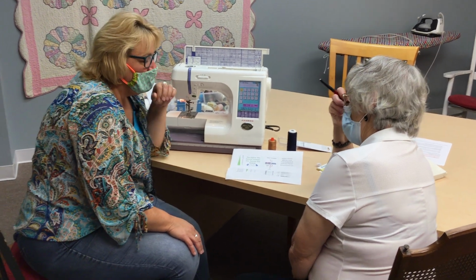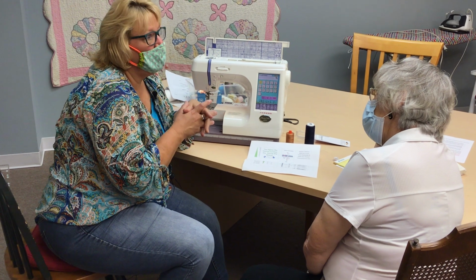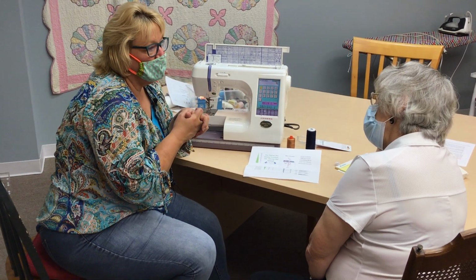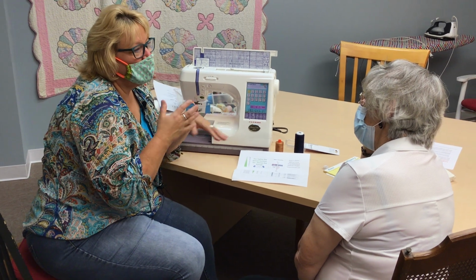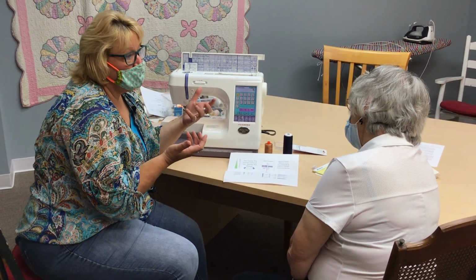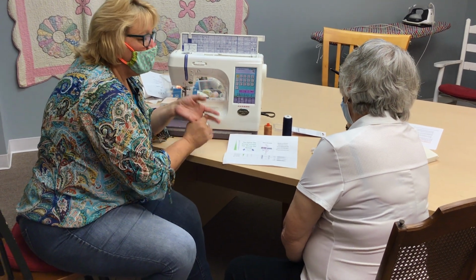And this is kind of my goal, to get all our customers to be able to come in the store and go, somebody explained this to me, now I get it, and I want to do it better. Because nobody's going to do it perfect, but boy, it's nice when you have the information that makes it more effective. Okay, so we're going to use the right thread, we're going to use the right needle,